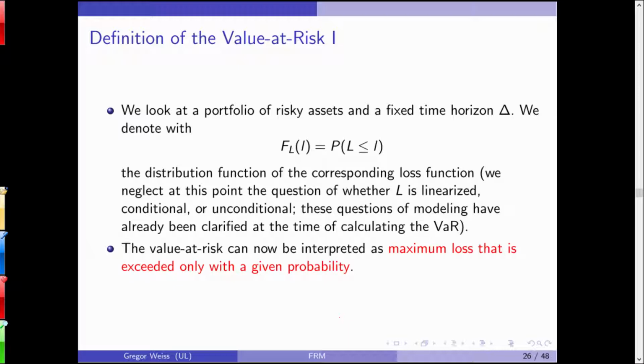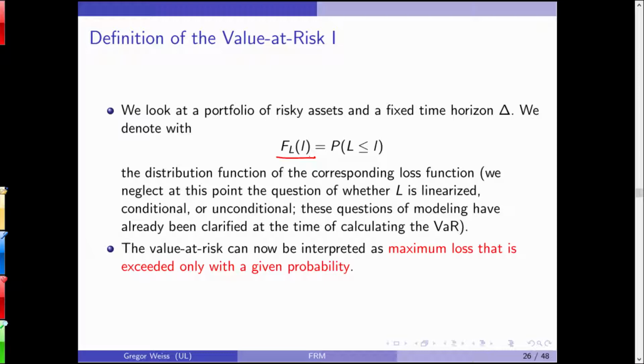We look at a portfolio of risky assets, we fix the time horizon, and we take the distribution function of the losses. We don't care about whether the losses are linearized, or how we've come up with the distribution. Let's just assume we've made our statistical model of the losses and we get L